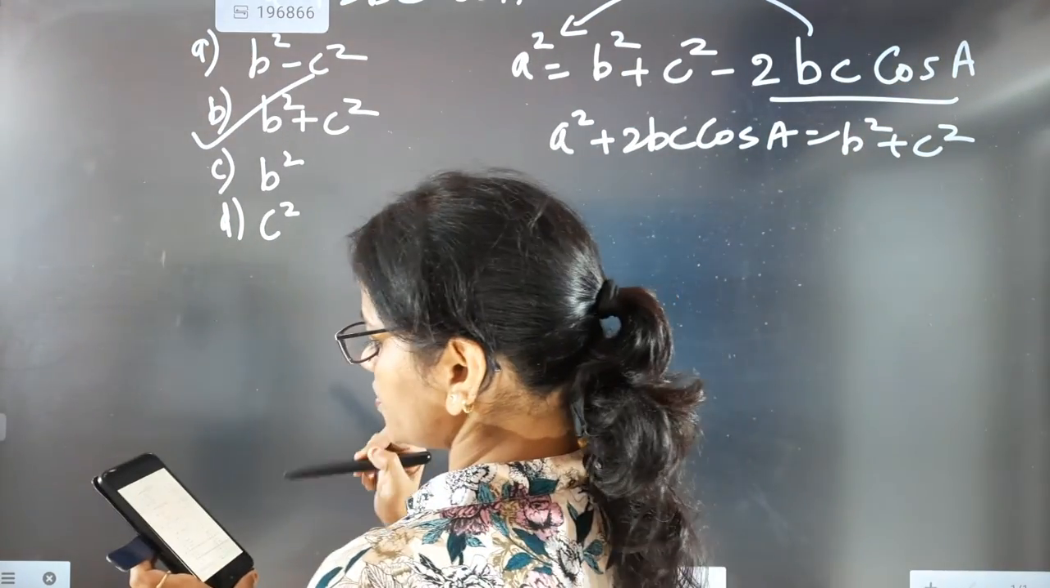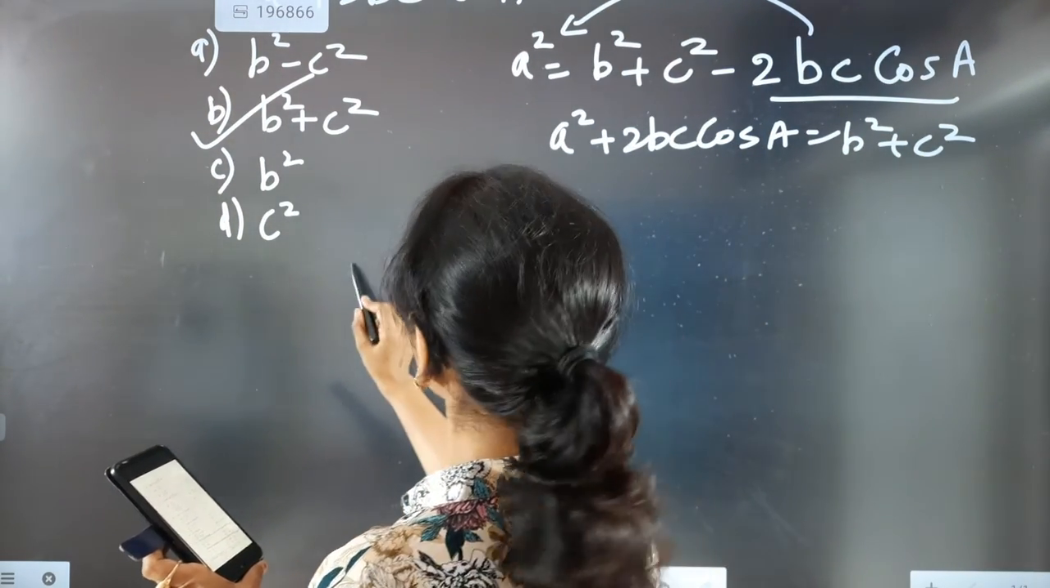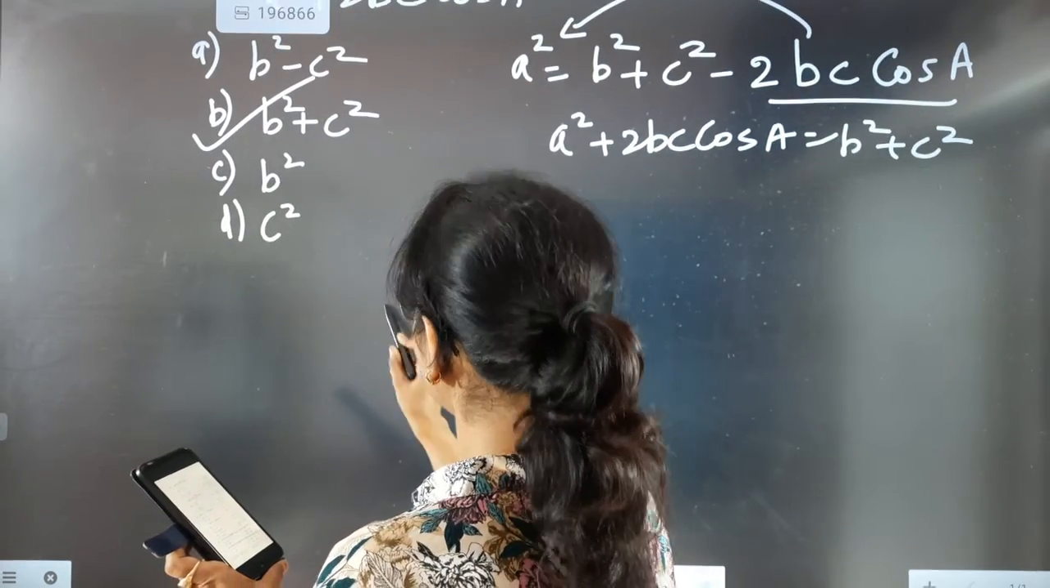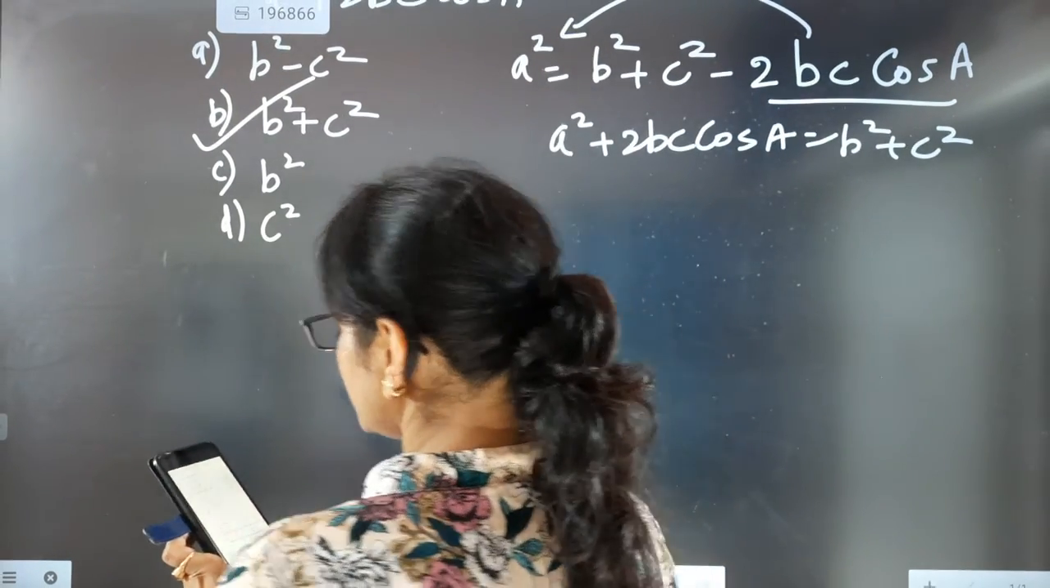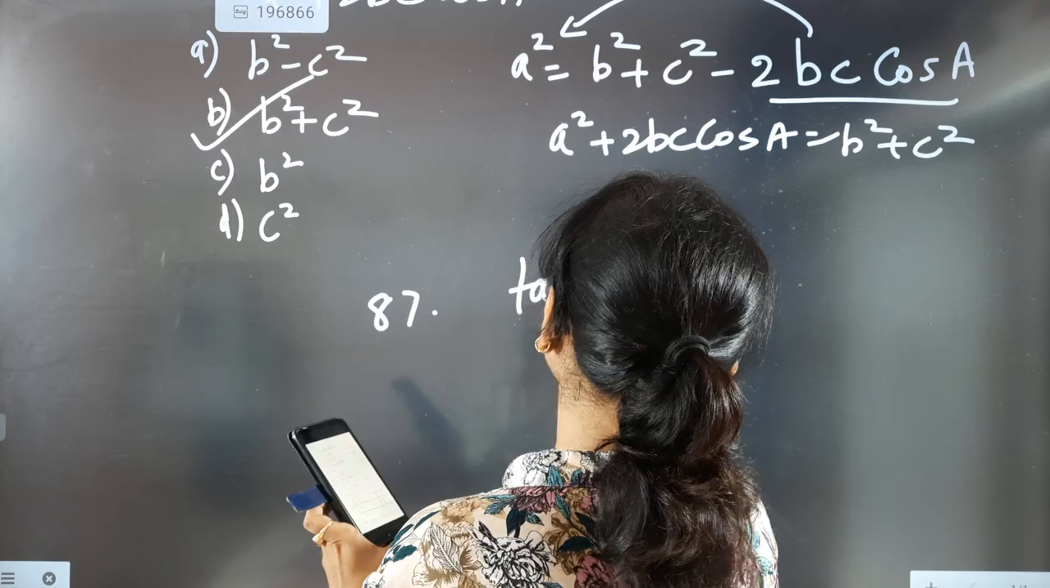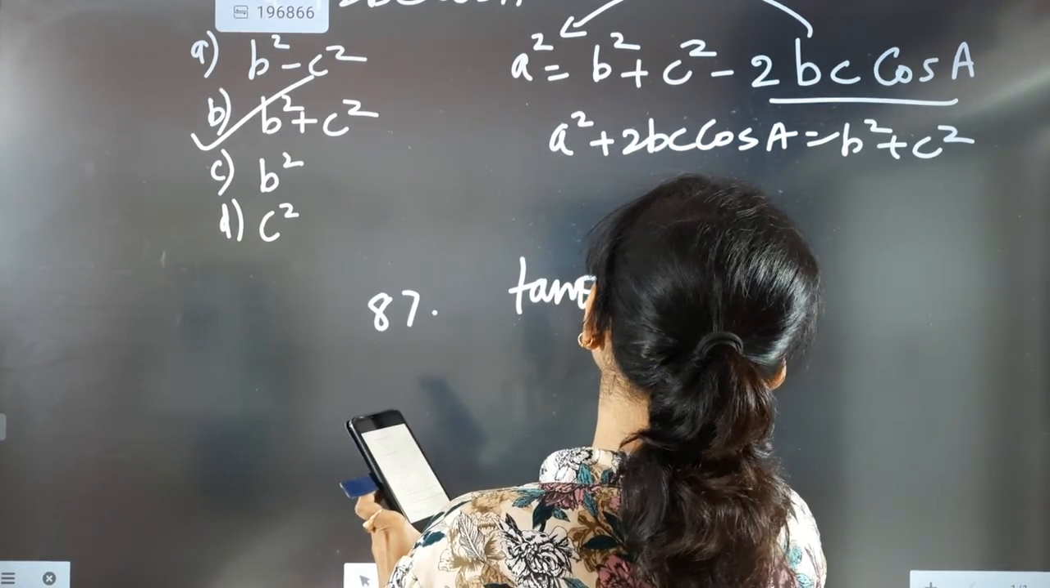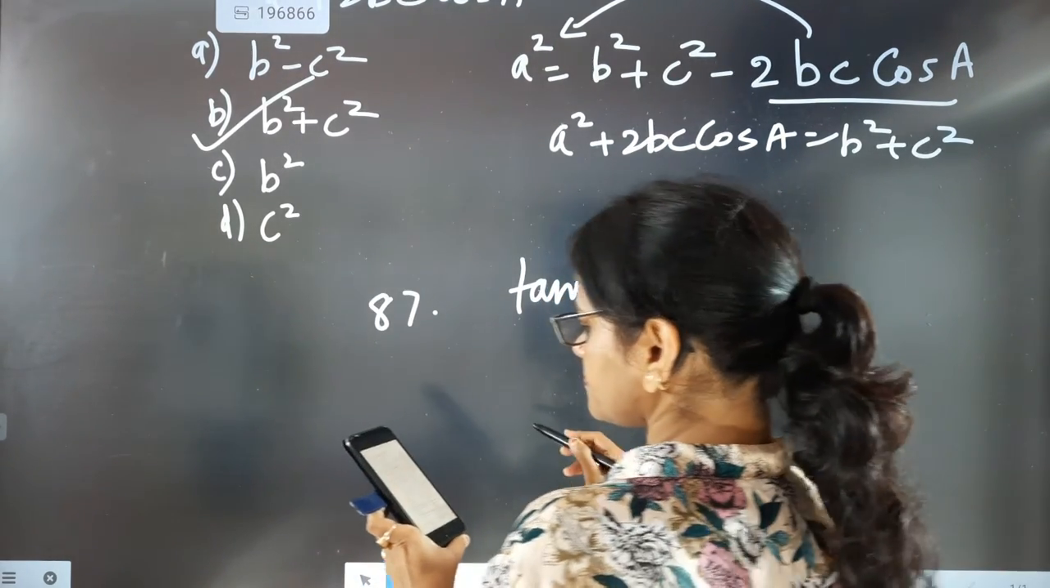Question number 87. In the 87th question they are telling that tan theta into sin 2 theta